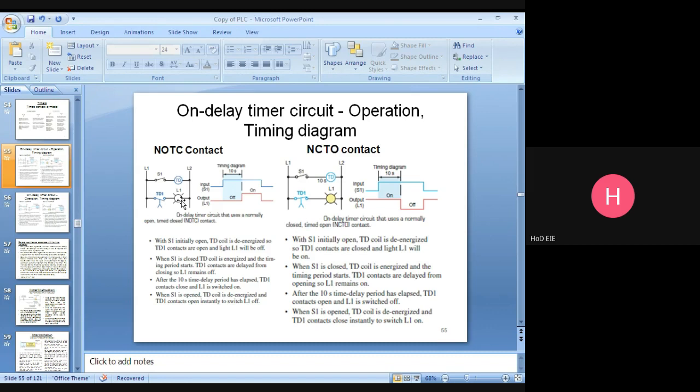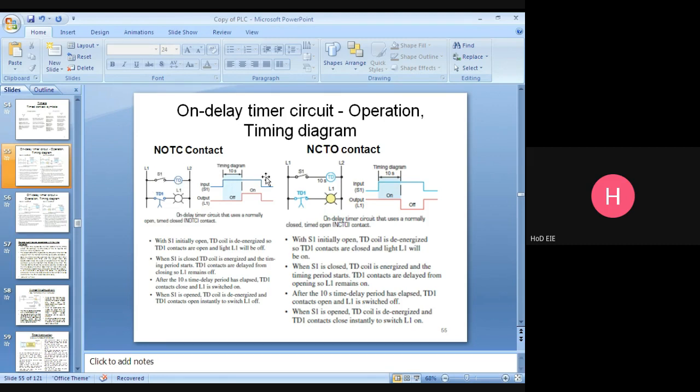Yes, PLC operation, you know. This contact is closed. This coil will be energized. So this contact, with the same address TD, will be closed. The bulb will glow. Am I right? This is on operation.